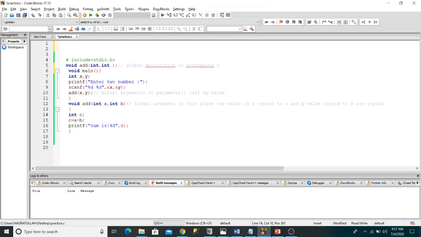And if you see in that place, this is called formal arguments, like void add, integer a and integer b. These are the two parameters I passed in this function, and I initialize one variable c, and I assign to c the addition of a plus b. So this shows the sum is %d. So this is function declaration, function call and function prototyping, and this is the syntax of all of these.